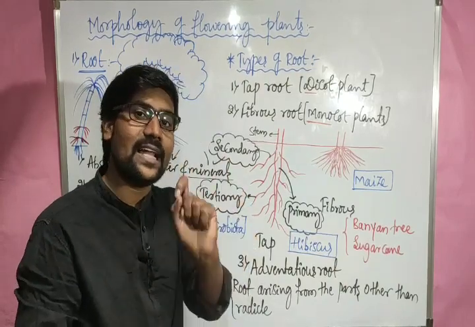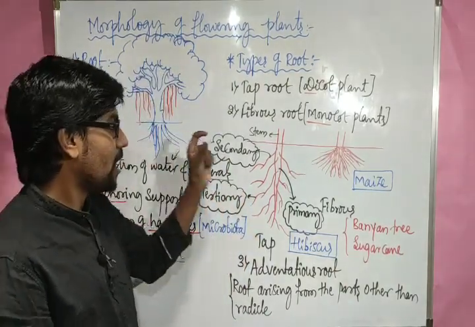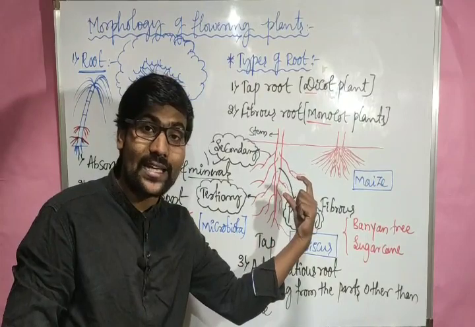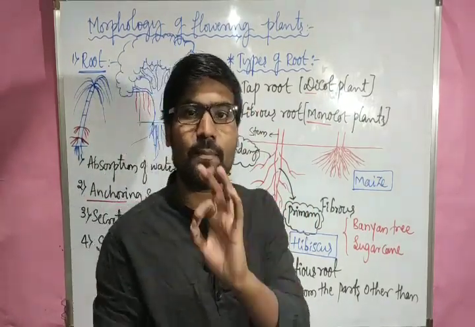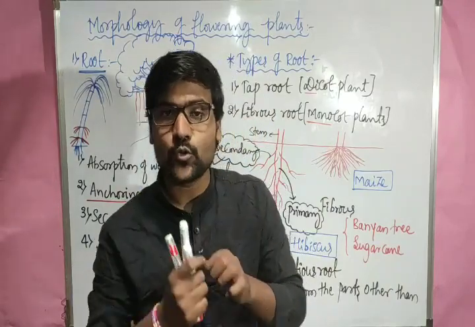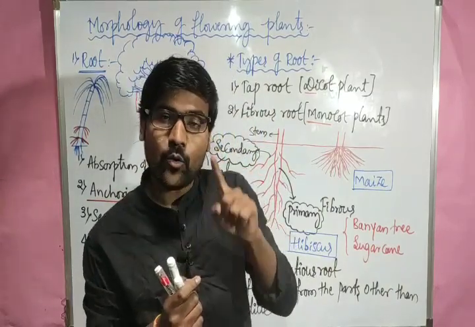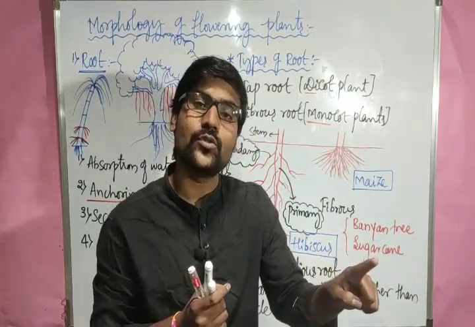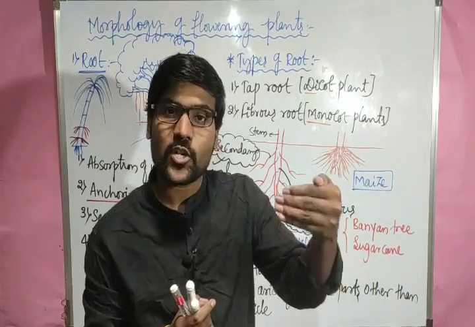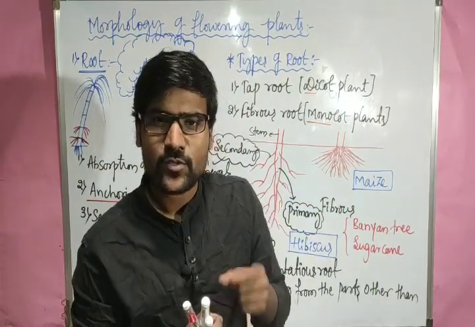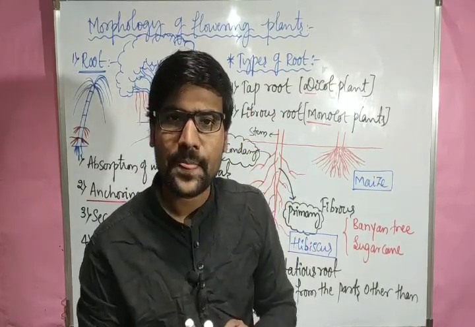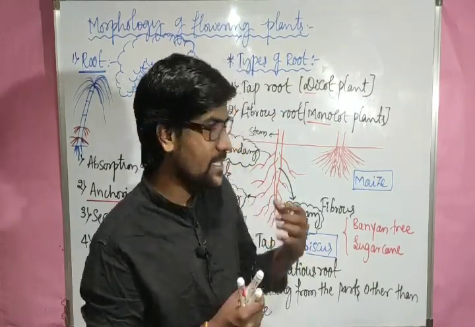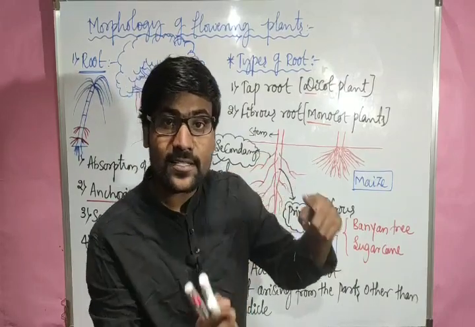In the next class, let us observe how the root portion looks in its regions, the different parts of the root, and how those parts help the root in its different modifications and functions. What work each part of the root does and how it appears. So in the next class, let's observe the regions of the root.